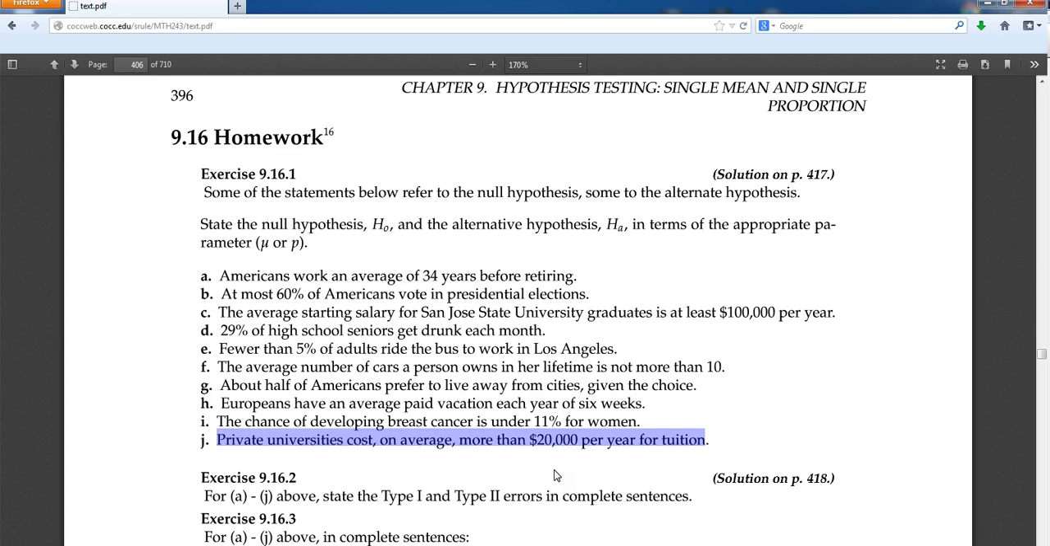It could be deviant data. It could be an outlier. A very expensive school mixed into the sample would drive the average up artificially. So that's two ways of looking at it. A type 2 would be saying, you know what, our sample doesn't show this. It shows that private universities don't cost more than $20,000 a year for tuition. But if it was a type 2 error, a false negative, that would mean that they actually do cost more,